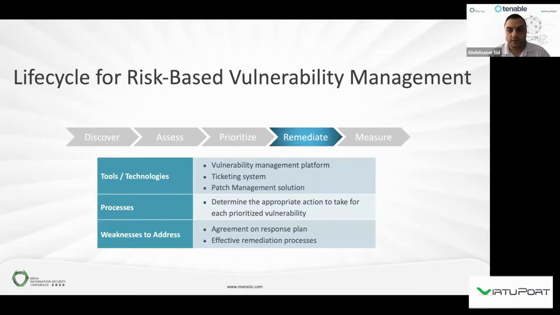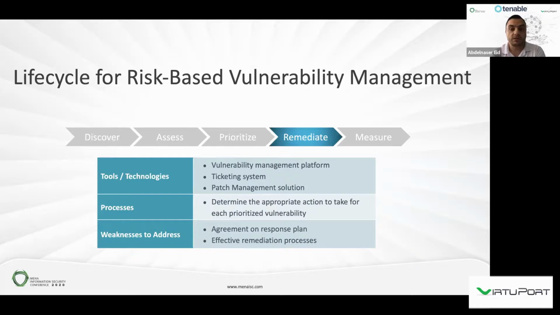After doing that, obviously we reach the point of doing remediation. So it's very important to have a clear remediation plan. This will help the teams to secure the assets in an efficient way. The remediation doesn't only require a vulnerability management platform. It is a shared effort between multiple tools.